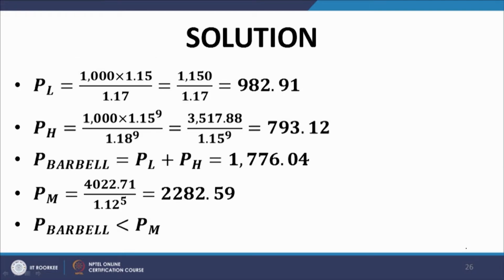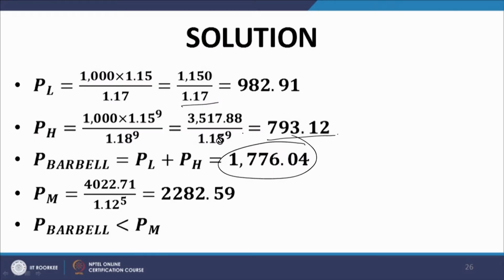The present value of the L bond now becomes 982.91 at the rate of 17%. You can see here the present value of the H bond, which has a maturity value of 3178.8 at the end of 9 years at a YTM of 15%, is now evaluated at the rate of 18%, and it turns out to be 793.12. So, the barbell strategy has a present value, that is t equal to 0 value after the shift has taken place, of